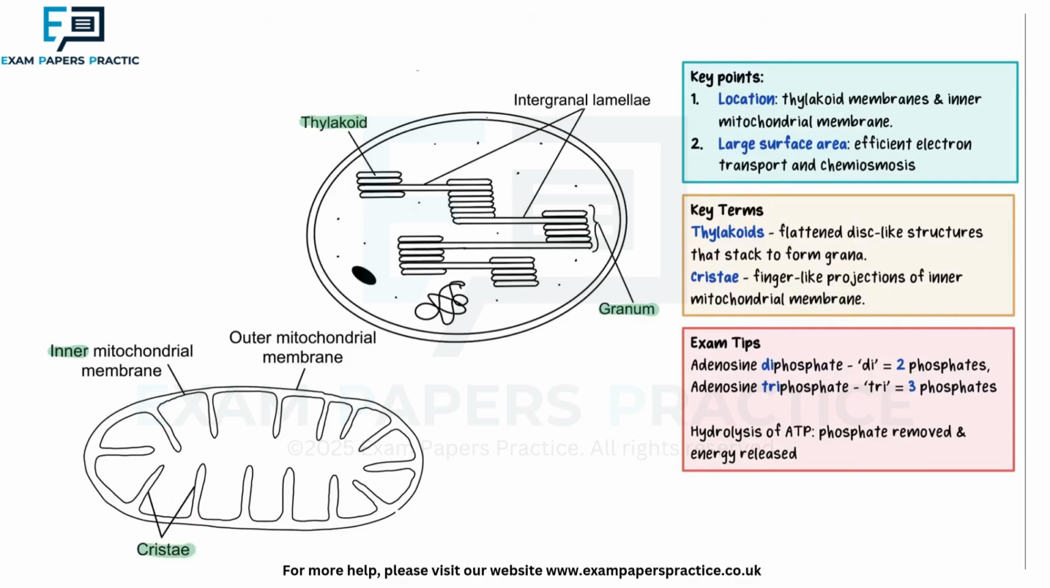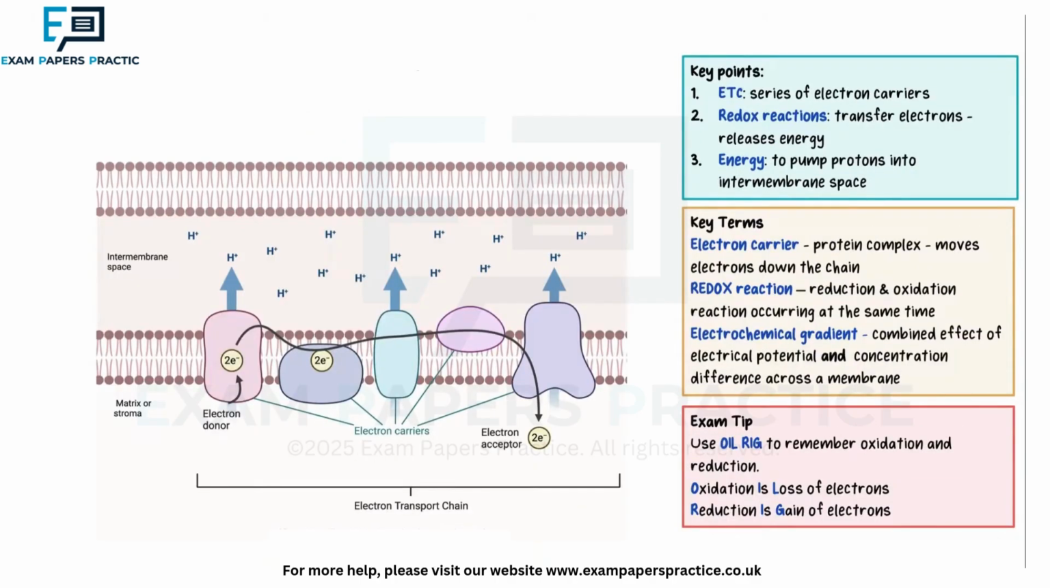So now we have looked at where the electron transport chain and chemiosmosis occur, let's look at the first process, the electron transport chain. In eukaryotic cells, the electron transport chain is a series of redox reactions that occur in the inner mitochondrial membrane and the thylakoid membrane of chloroplasts. These reactions involve the transfer of electrons down a chain of protein complexes embedded in the membrane, linked by mobile electron carriers. The purpose of the electron transport chain is to transfer energy stored in the high-energy electrons to chemical